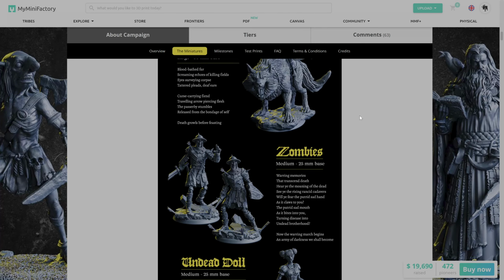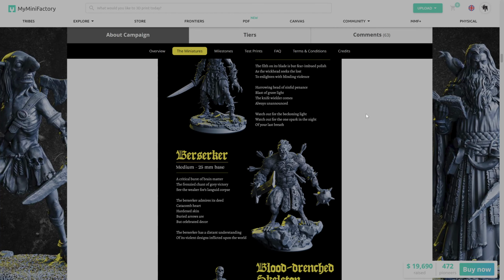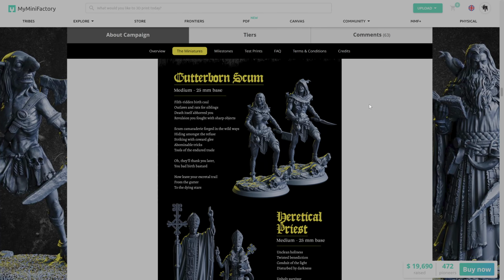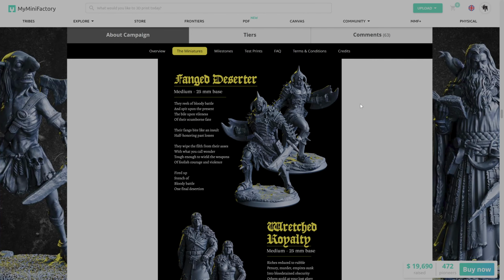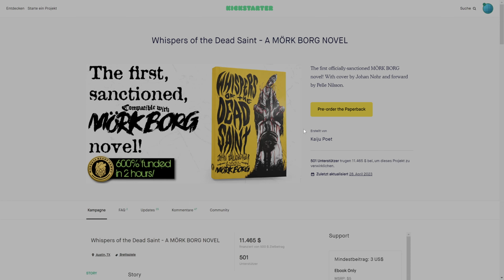So you find goblins, undead, witch heads, bloody berserkers, a blood-drenched skeleton. Also miniatures for player characters: gutterborn scum, heretical priest, occult herb masters, esoteric hermits, fanged deserters and wretched royalties. There's an entire fantasy novel set in the dying world of Mörk Borg, Whispers of the Dying Saint by John